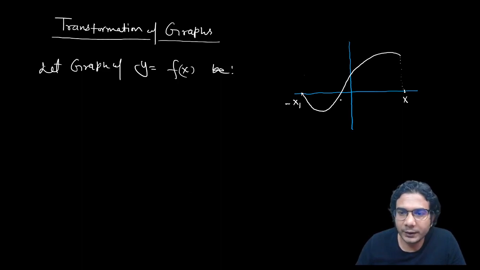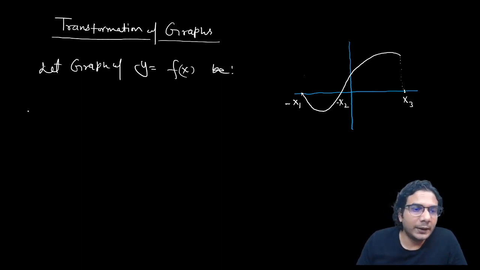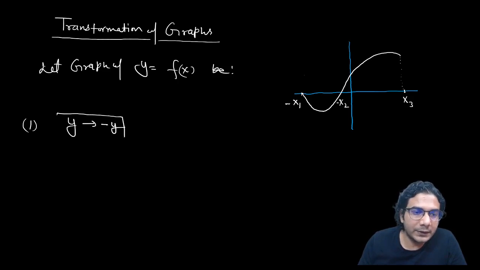Let's take this point as x2, minus x2, and this will be x3. Okay, now it's fine. Now the first transformation is, we need to plot the graph of y is equal to... we need to replace y by minus y. That means you need to plot the graph of,